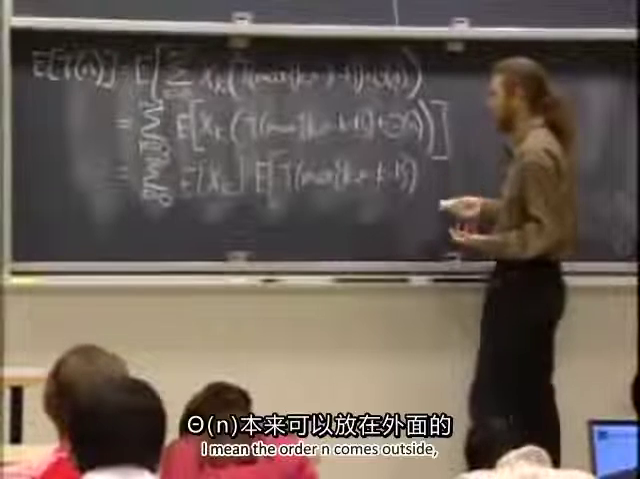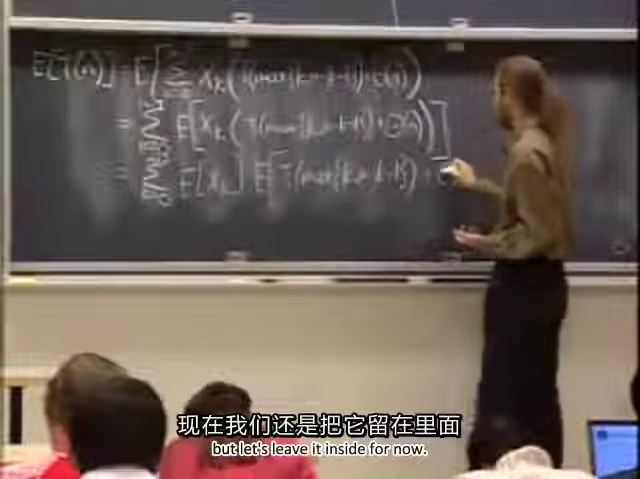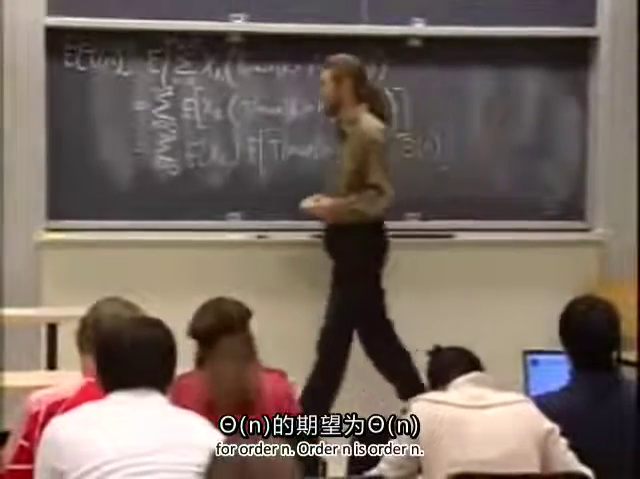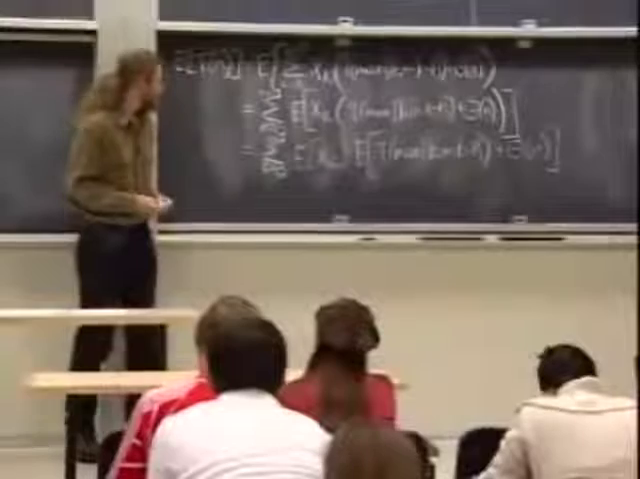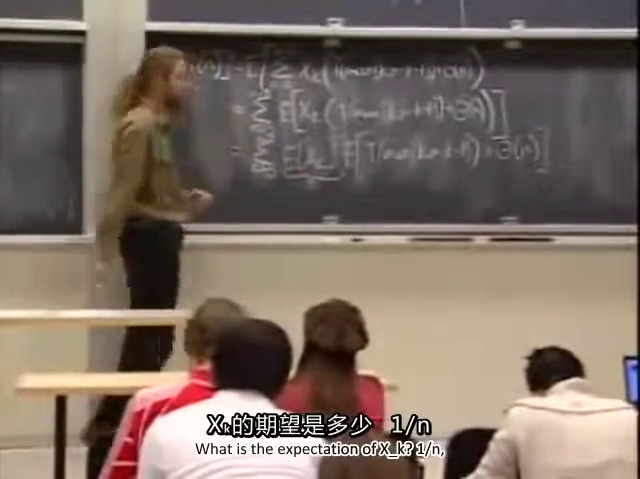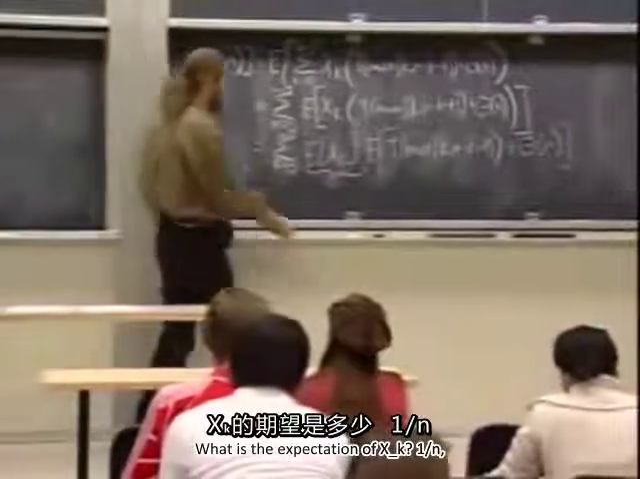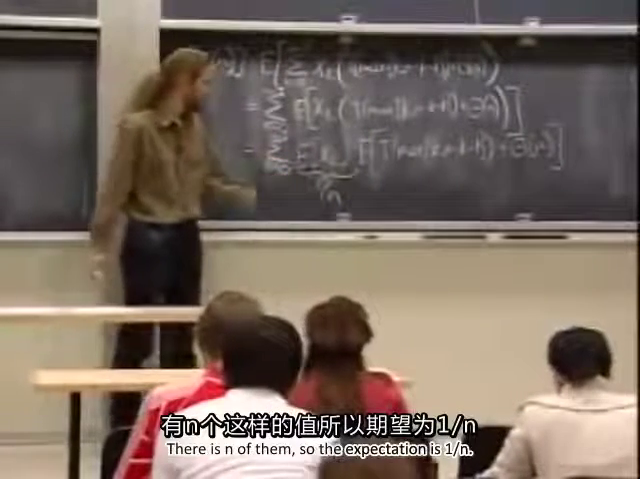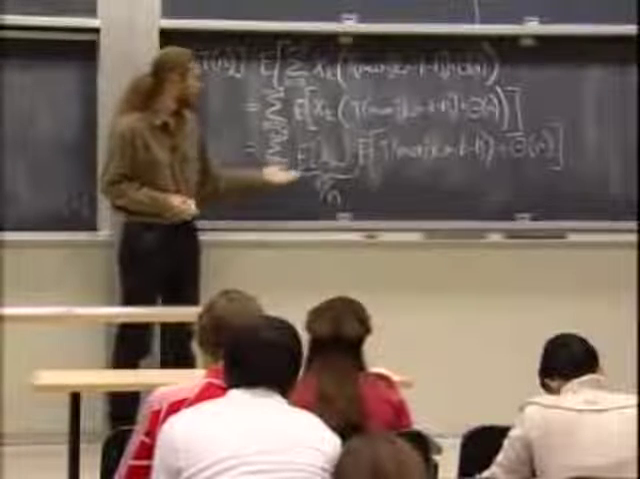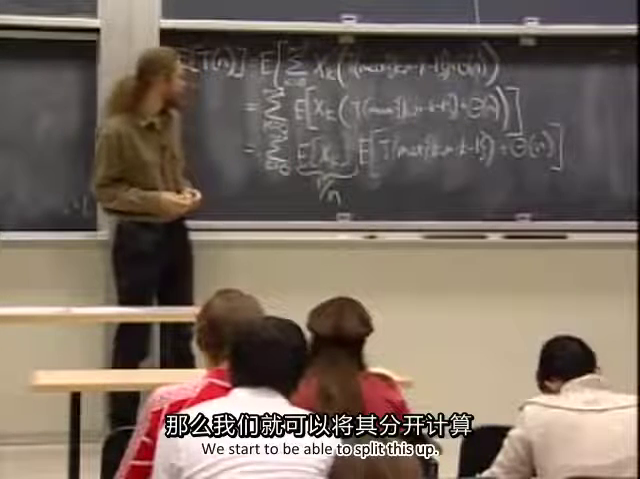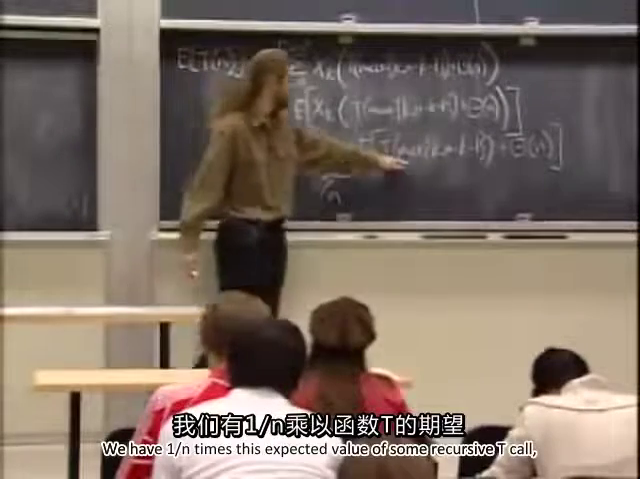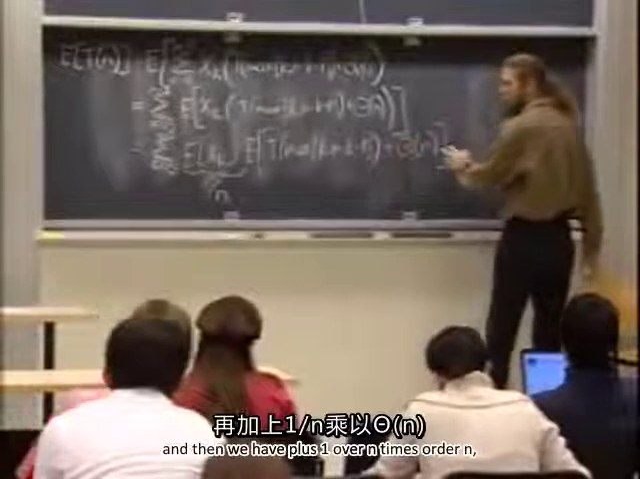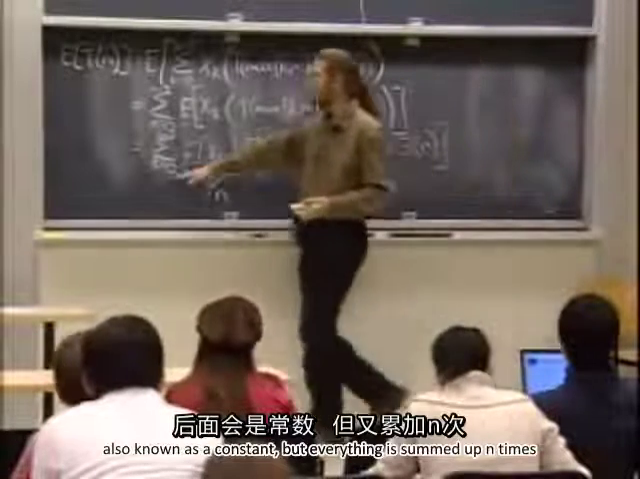I mean, the order n comes outside, but let's leave it inside for now. There's no expectation to compute there for order n. Order n is order n. OK, what is the expectation of X_k? 1 over n. Because they're all chosen with equal probability. There's n of them, so expectation is 1 over n. So the value is either 1 or 0. So we start to be able to split this up. So we have 1 over n times this expected value of some recursive T call. And then we have plus 1 over n times order n, also known as a constant. But everything is summed up n times. So let's